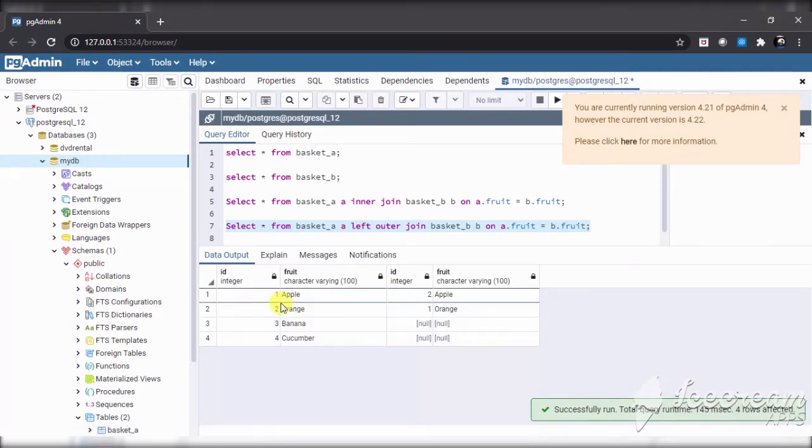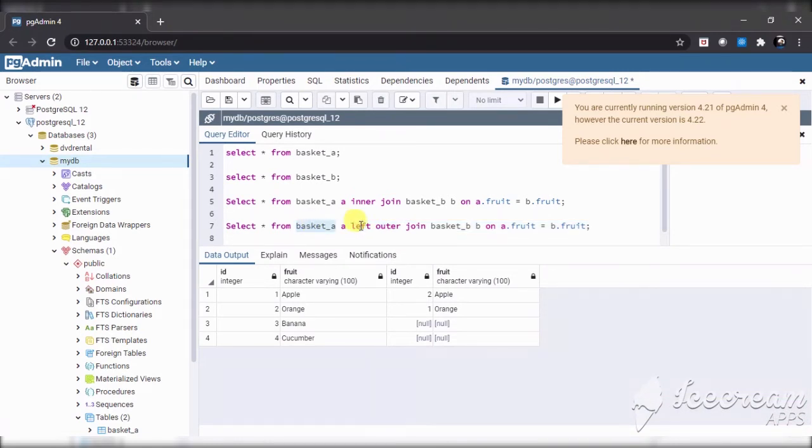Here, as you can see, the left outer join will give all the output from the left table. The left of the join is basket A. Basket A contains four fruit names: apple, orange, banana, cucumber.